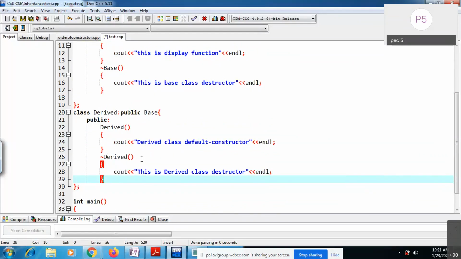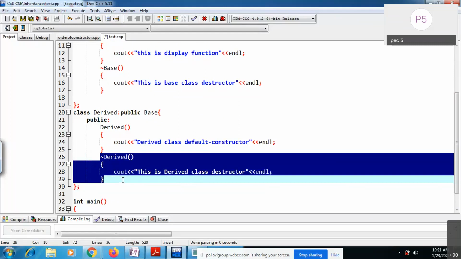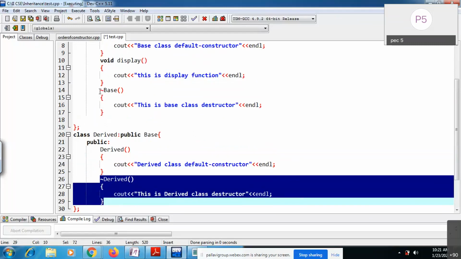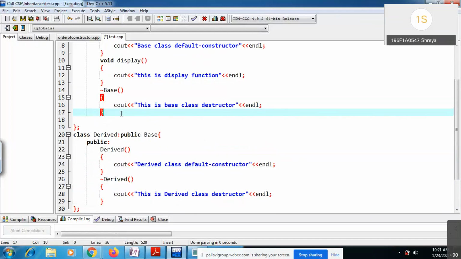Now the order: it is going to call the derived class destructor first, then the base class destructor. Okay, this is the order of constructors and destructors. First base, then derived for constructors; for destructors, first derived class, then base class.